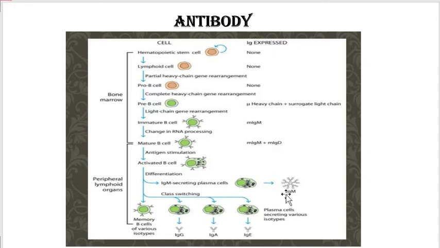IgM is the antibody which we produce without any antigenic challenge, because we have seen that it is present as a membrane bound receptor. So even without antigenic challenge, the first antibody that we produce is IgM. The first antibody released by an activated B cell, that is the plasma cell, is IgM. And apart from IgM, class switching then occurs to shift to IgG, IgA, or IgE depending upon the requirement.